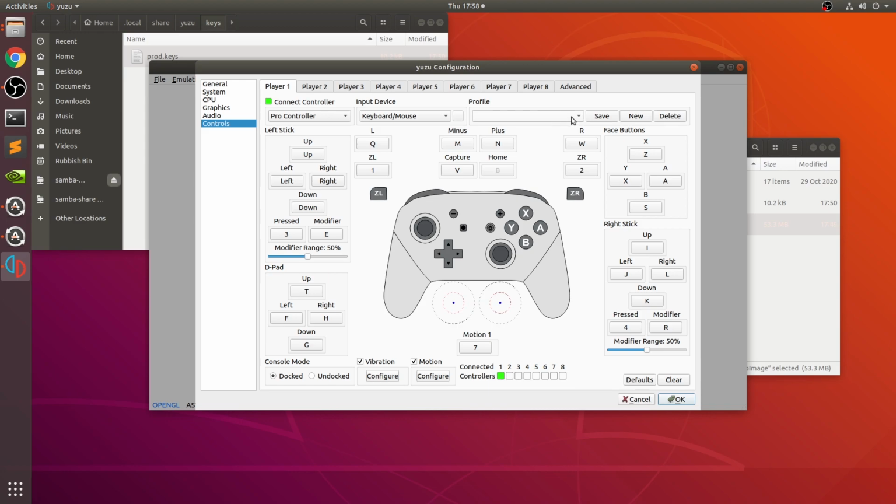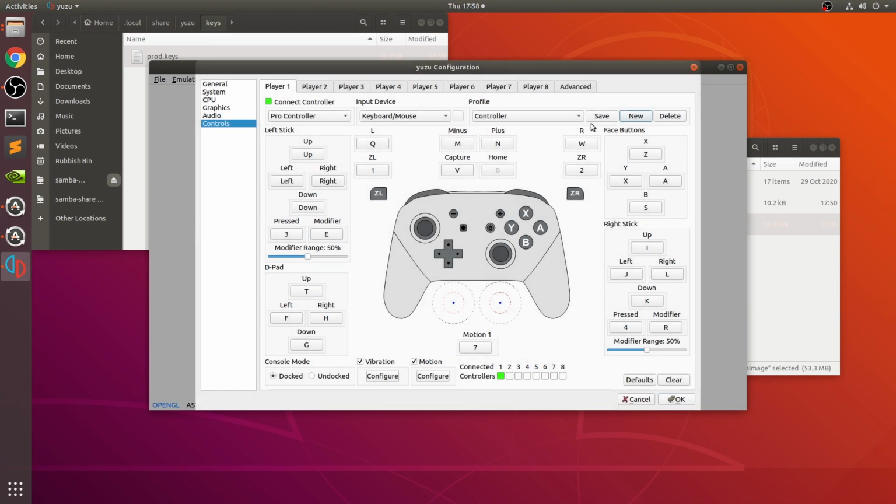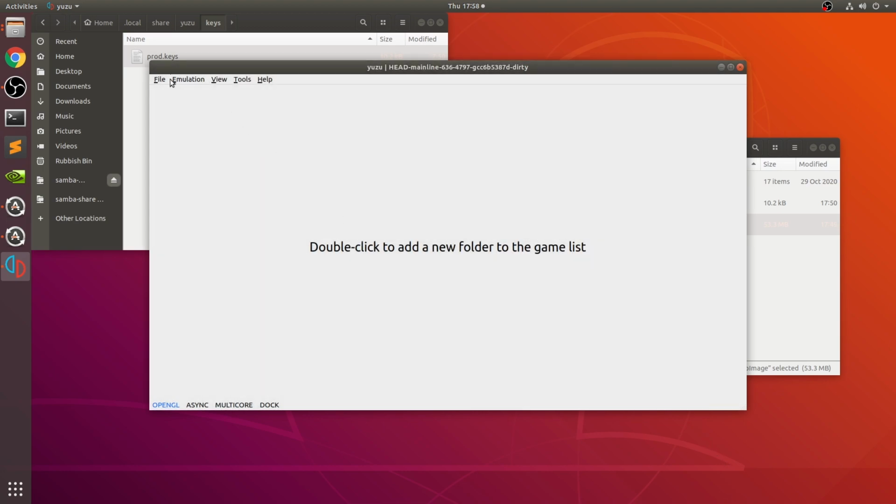You can save a profile, so I could click new, say controller, and I could save it as I wish. And you can have multiple profiles, maybe one for different types of games or different types of controllers. Click OK, and now to launch up the game, let's go to, you can either double click to add a